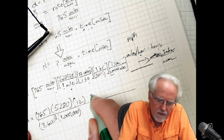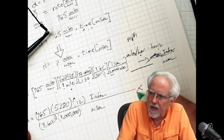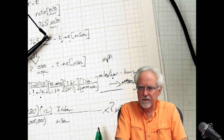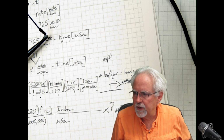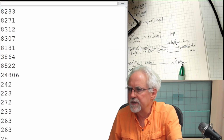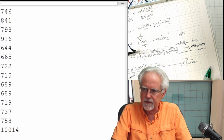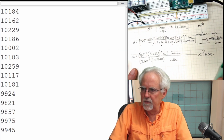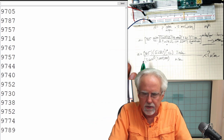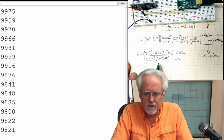It is in inches per microsecond, and so now if I multiply that by some number of microseconds, where do I get that number? I get it from the Arduino, right? I get it from this measurement that we're making here. I get it from this measurement that we are making over here. So I take that measurement, and let's see if we can see this. What do I do to get distance? I take this measurement, I multiply it by 765 times 5280 times 12 divided by 3600 divided by a million,